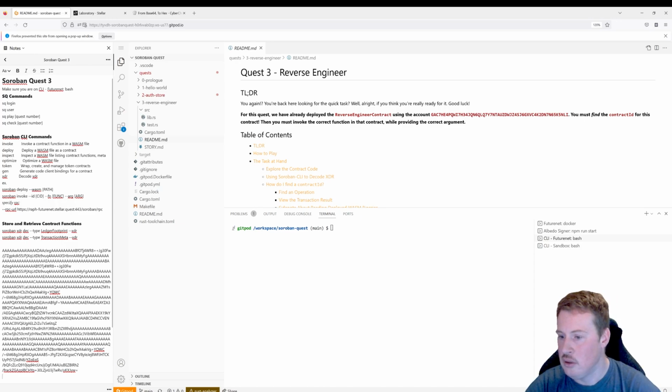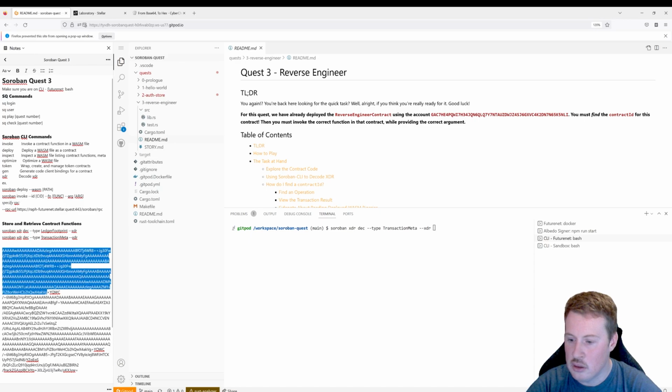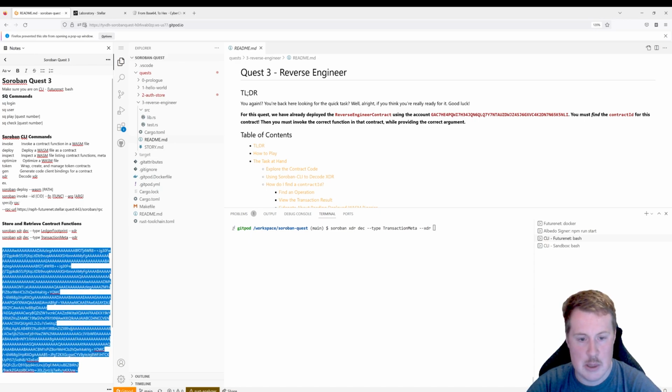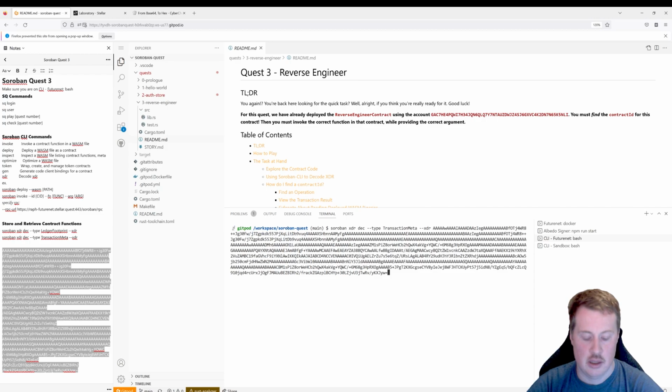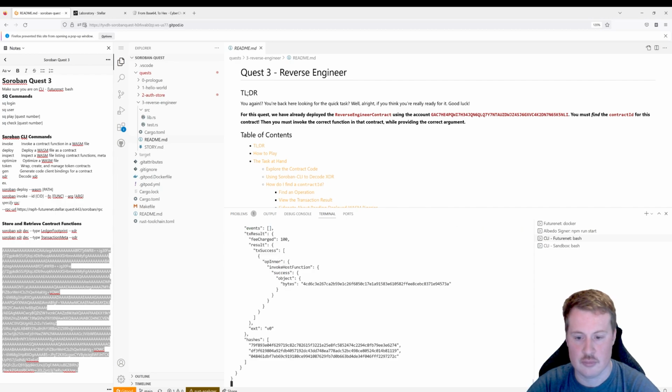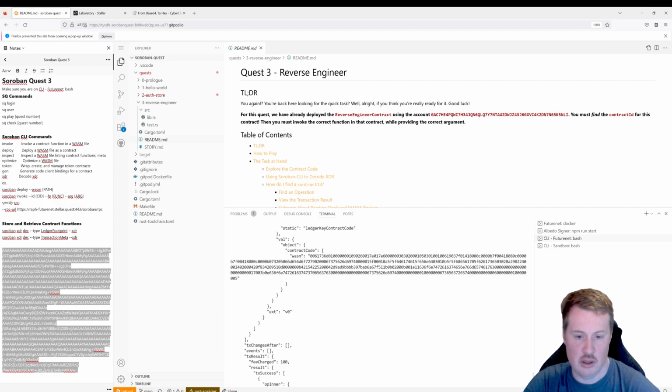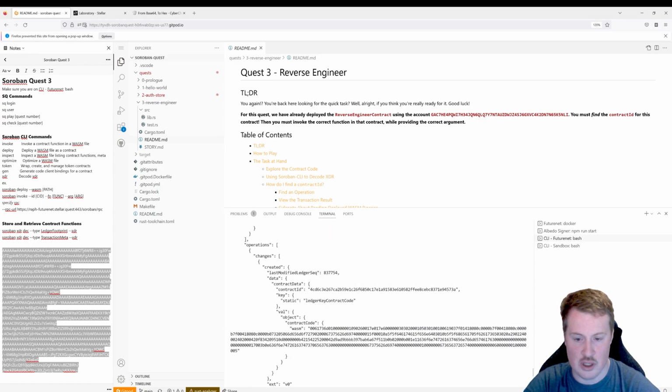I could have done Soroban XDR decode, paste it in my XDR, and then said output JSON. And that would have given me actually a much better format. I can actually see the contract ID already decoded. And it actually also gives me the WASM file outputted for me, which is kind of cool